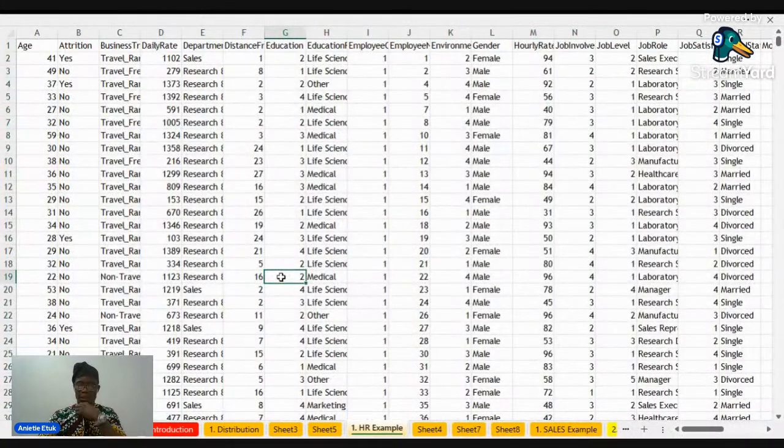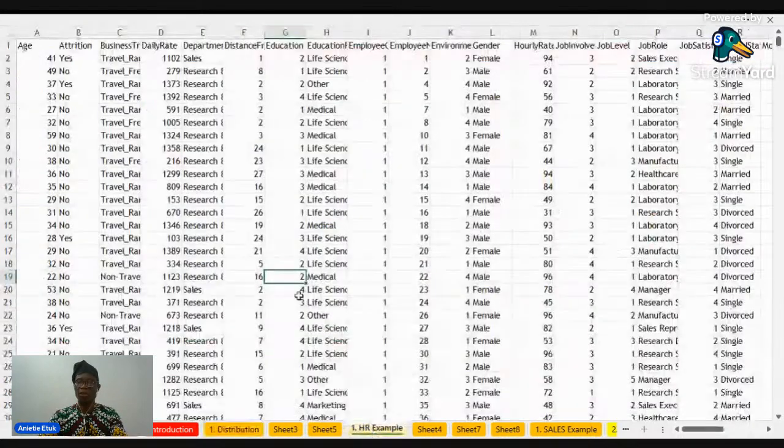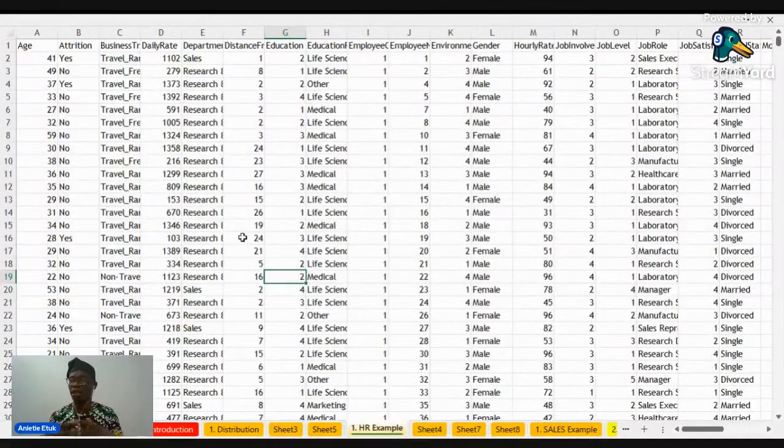Now, this is the data set, and they want us to check the performance per department. This is an HR data set, and they're working on attrition, meaning the number of people that leave the business for any reason. A lot of us have worked on this data set. But when we give this data set, maybe in an interview, for people to work with, I'll show us what they do and what the correction is.